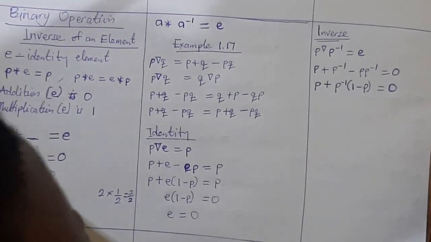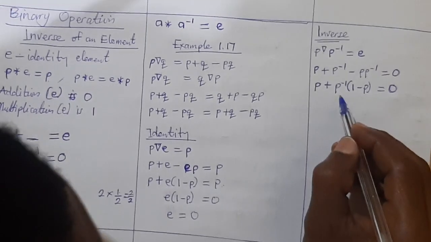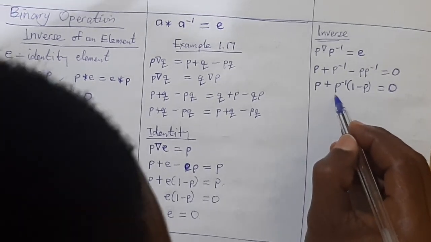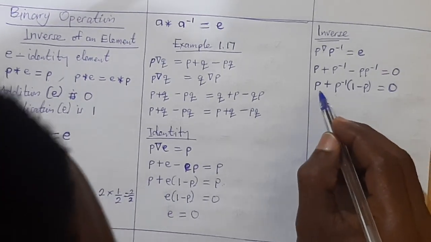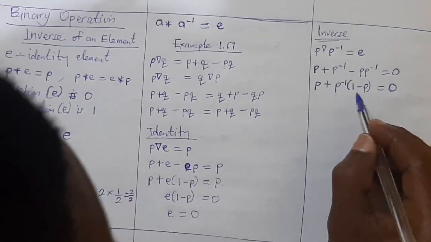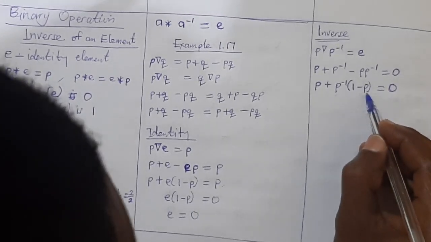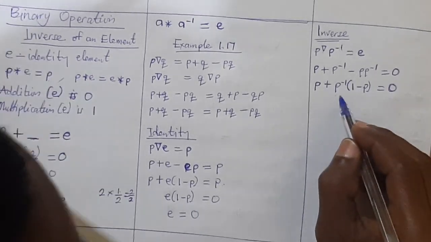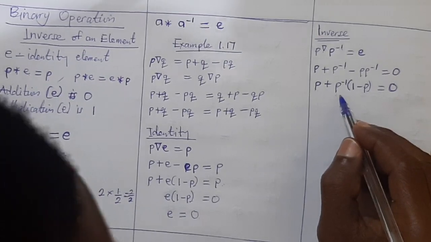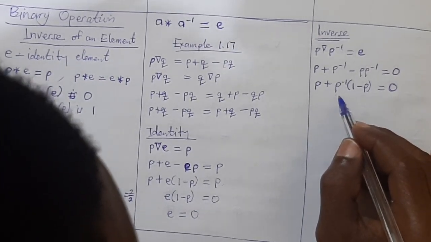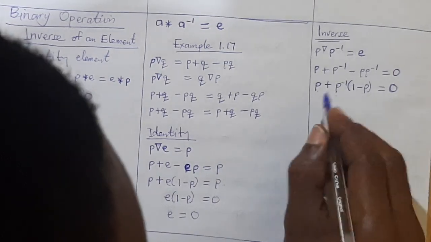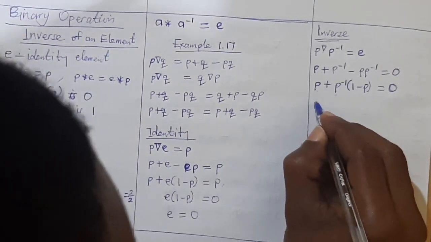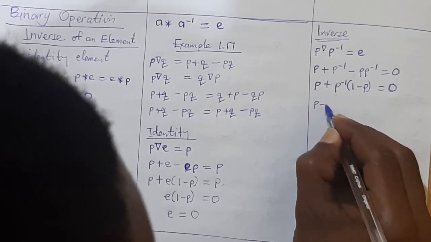Now we want to take P. You see, we are looking for the inverse. We are looking for P inverse. So we have to move this P from here and the 1 minus P also from here, so that we get only P inverse at one side of the equation. So if I take away P, so P minus P,